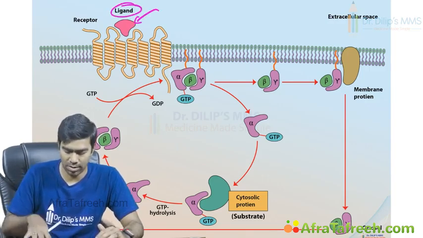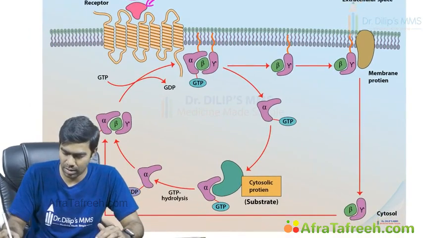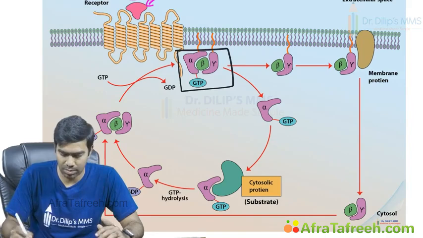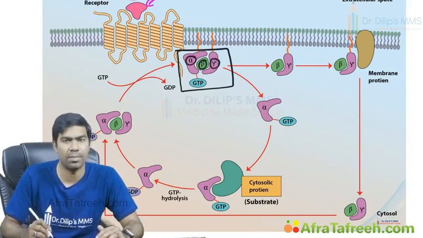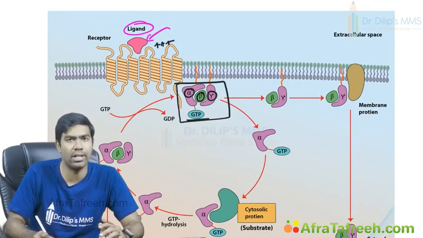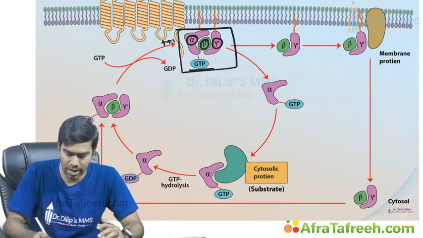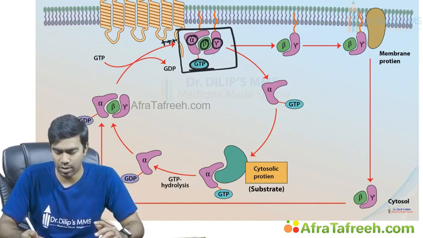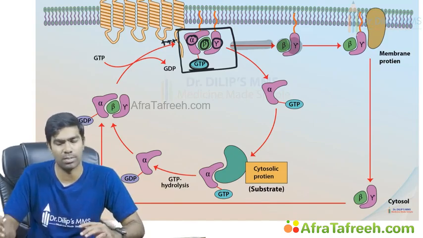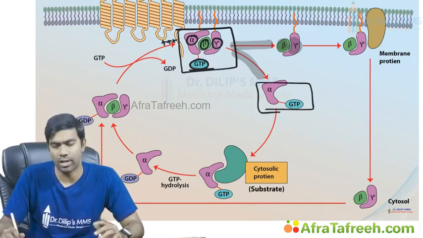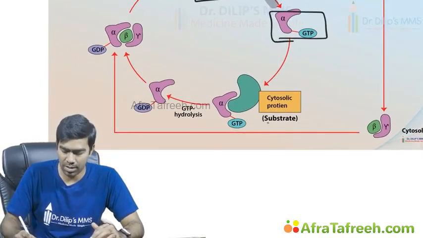Once the ligand is bound, the G protein, so this is the G protein, let me show you. This is the G protein. I told you the G protein has 3 subunits, alpha, beta and gamma. In that, the alpha is usually bound to GTP. Why I have shown GTP here is because there is a ligand that is stimulating the receptor so that the G protein will be activated. Once the G protein is activated, it will be bound to GTP only. So what's going to happen is they are going to dissociate into the beta and gamma subunits separately and the alpha subunit separately along with the GTP. This is called an alpha GTP unit. This alpha GTP then binds to a substrate.